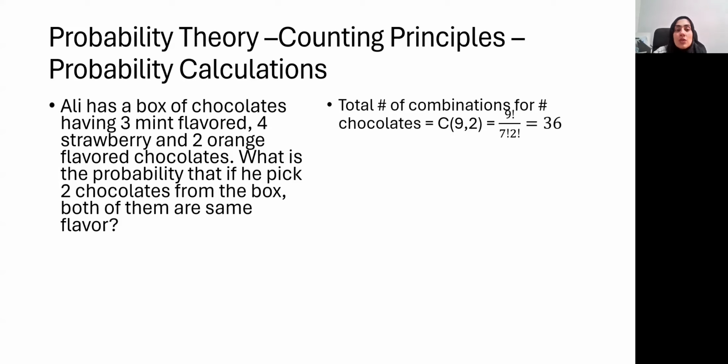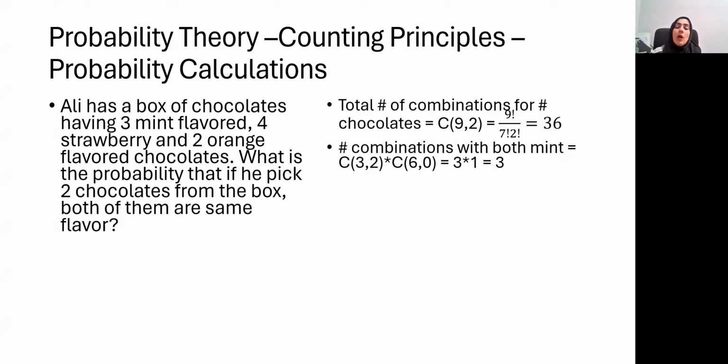So the first thing we need to do is find out the total number of combinations which is possible, irrespective of which flavor we are choosing from this box. How many do we have? We have a total of 3 plus 4, 7 plus 2, 9 chocolates. So we are choosing 2 of them. This is how we calculate it: 2 from 9, and we get a total of 36 different ways that we can choose 2 chocolates